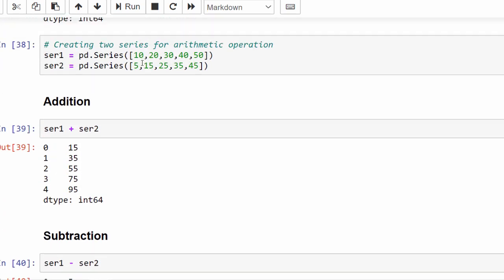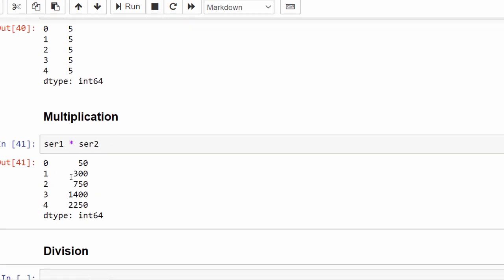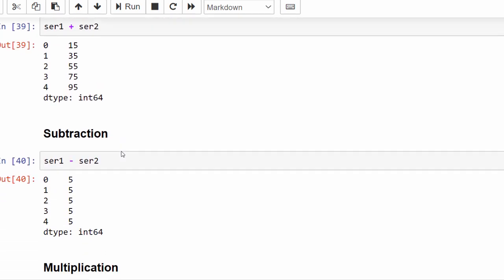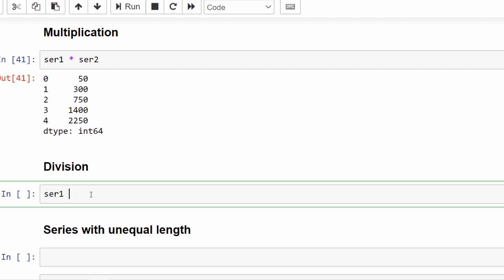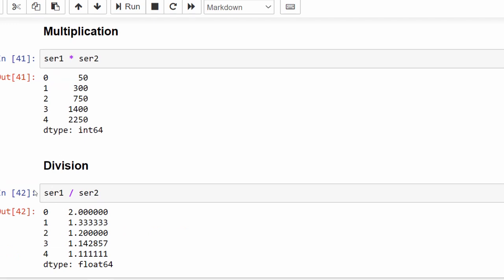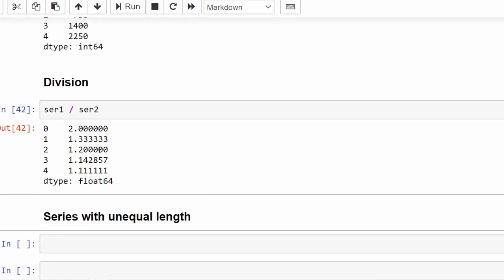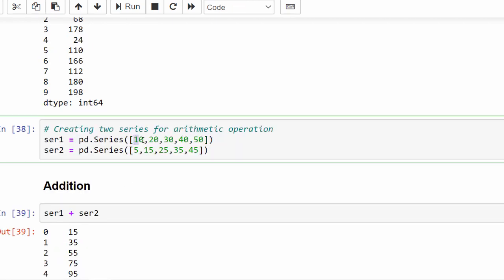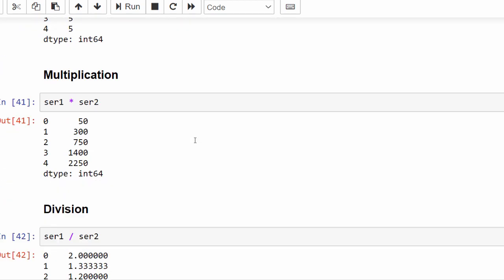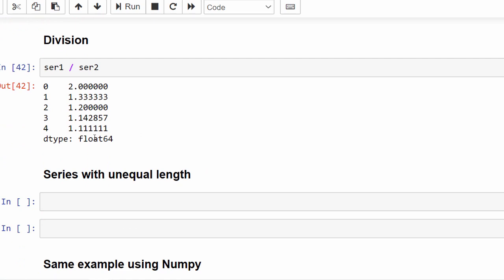That is 10 into 5, it is 50. Then 20 into 15, it is 300 and so on. Similarly for division also, SER1 divided by SER2. And you know very well, when we do a division, we will get the decimal point. So the data type is float 64. Element-wise division, that is 10 by 5, 20 by 15 and so on. That's why we got output like this.